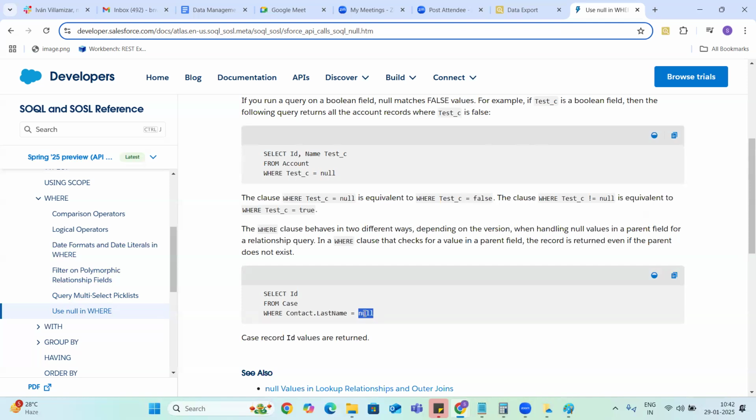Very, very, very important, guys. Without writing SOQL queries, you can't understand anything. I mean, you can understand, but if you learn about SOQL, it is not too difficult to learn.